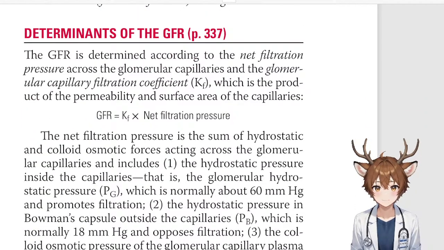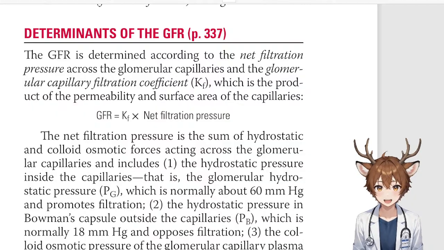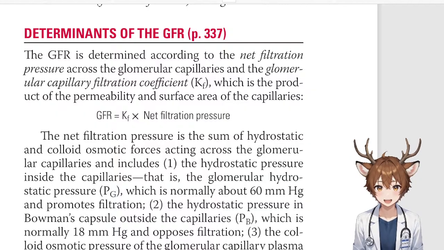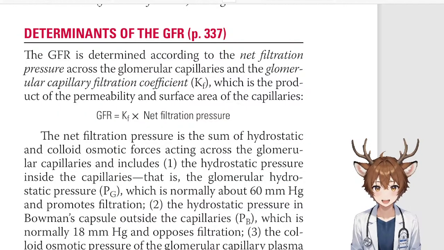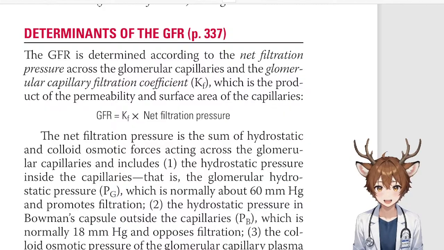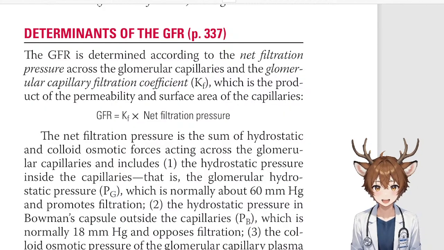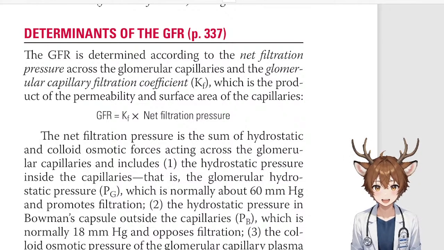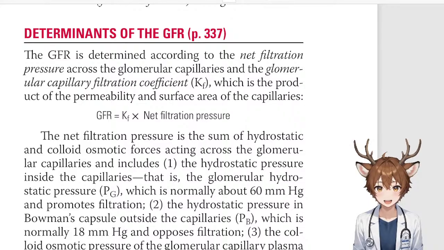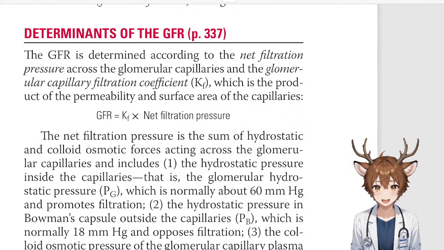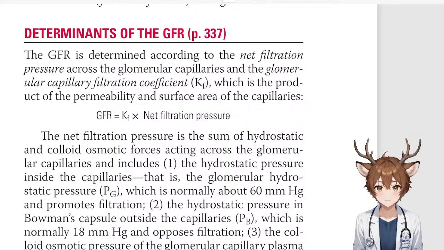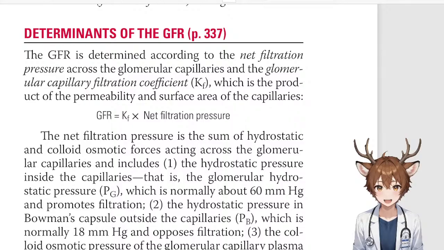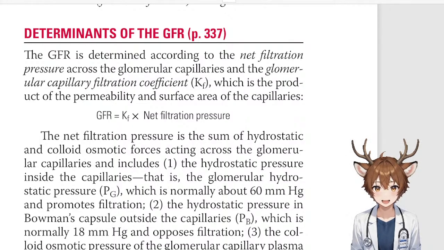Determinants of the GFR. The GFR is determined according to the net filtration pressure across the glomerular capillaries and the glomerular capillary filtration coefficient, Kf, which is the product of the permeability and surface area of the capillaries. GFR equals Kf, the coefficient, times net filtration pressure. The net filtration pressure is the sum of hydrostatic and colloidosmotic forces acting across the glomerular capillaries and includes 1, the hydrostatic pressure inside the capillaries, that is, the glomerular hydrostatic pressure, Pg, which is normally about 60